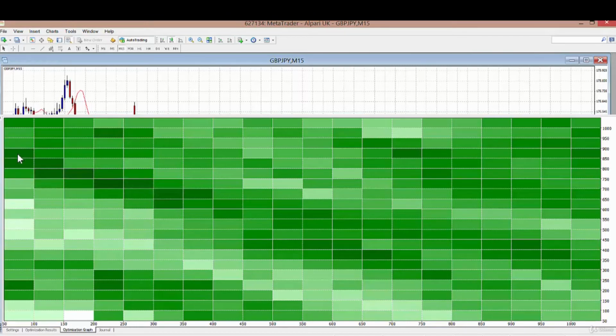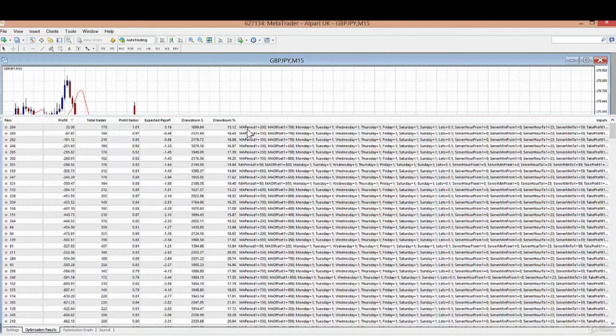So it is saying that the MA period 50 with a big offset is generally better, and then rolls down lower in that type of fashion. But certainly there isn't a clump of positive results in this graph, which is also discouraging. It means that there's no area where the settings are nicely grouped, providing a bit of safety around the optimal settings. So the optimal setting that we have at the moment is a setting of